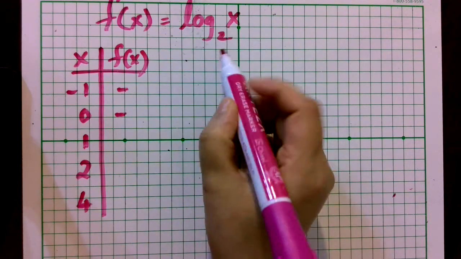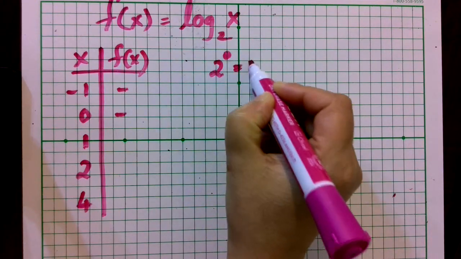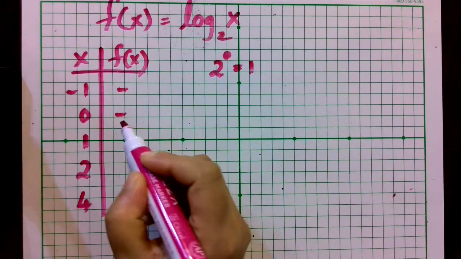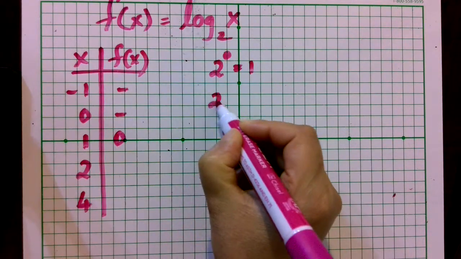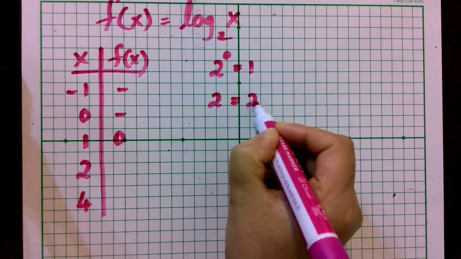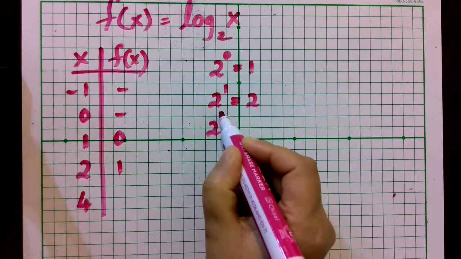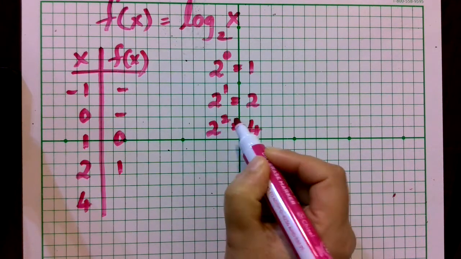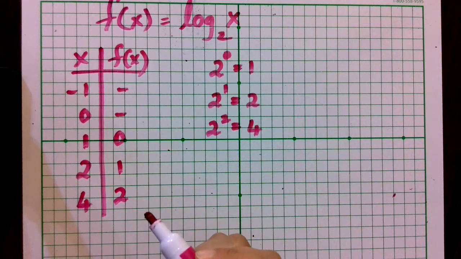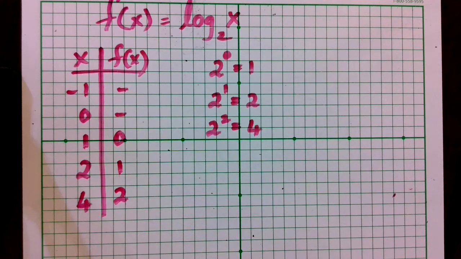Then 2 raised to what power gives you a 1? 2 raised to the 0 power is 1. So I can put a 0 right here. 2 raised to what power gives you a 2? The answer is 1, so this should be 1. 2 raised to what power gives you a 4? I know it's a 2. So I got these values and I can graph these x and y values and try to see what kind